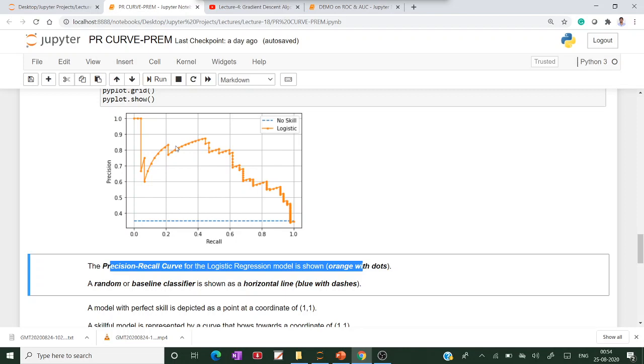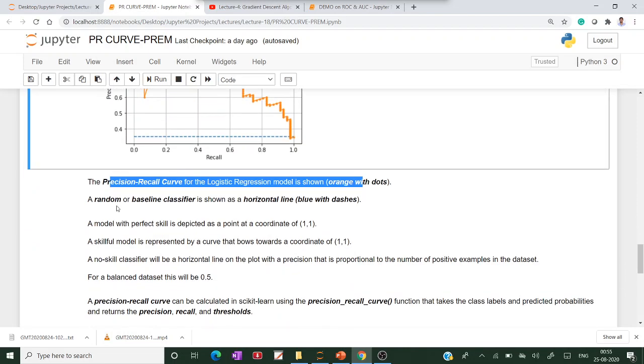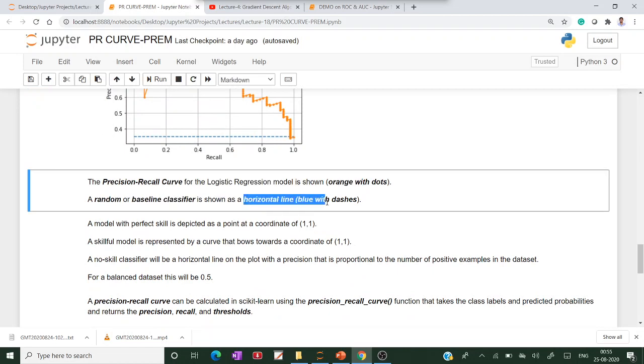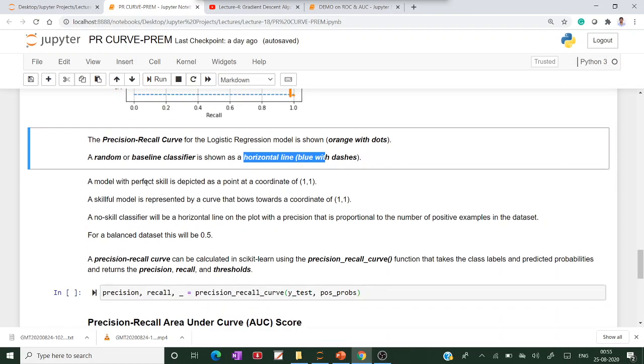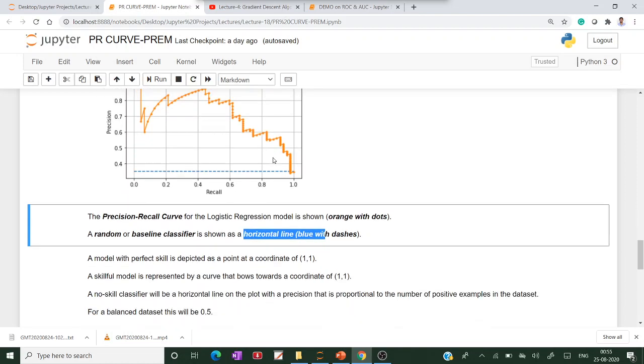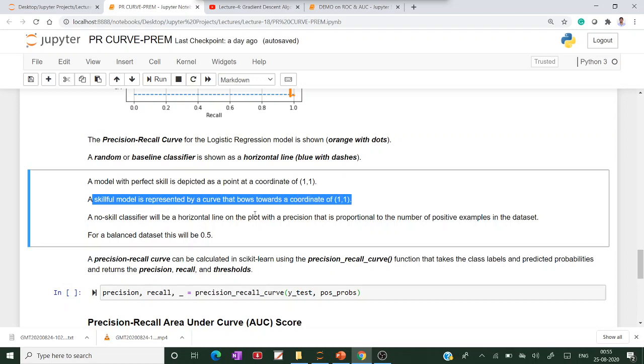A random or baseline classifier is the horizontal line in blue with dashes. So this is the horizontal line. A model with perfect skill is at the coordinate 1, 1, the top right corner. A skillful model is represented by a curve towards the coordinate 1 comma 1.